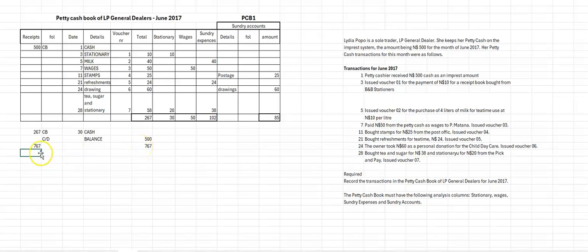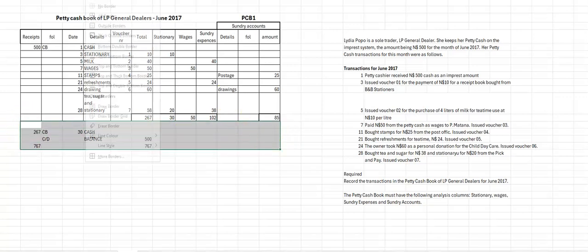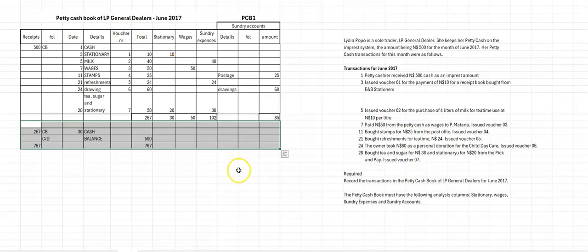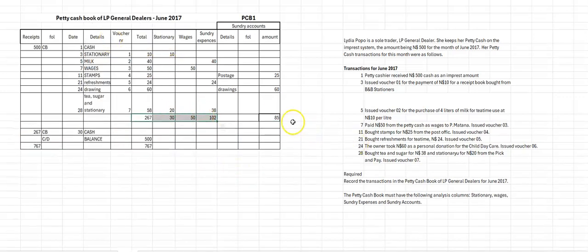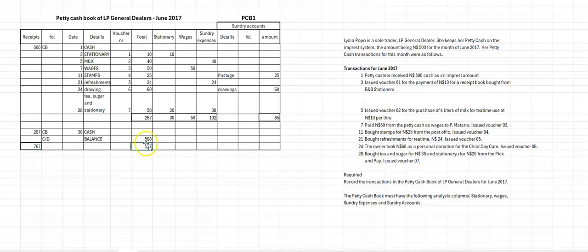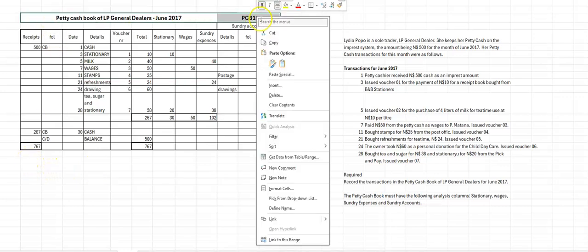Okay, and when we are finishing with this balance off, we make sure that all our columns are drawn correctly. You will be drawing this in with pencil. We have our two totals that would also be in dark lines. And then we leave a line open and we start with our petty cash again, but for the next